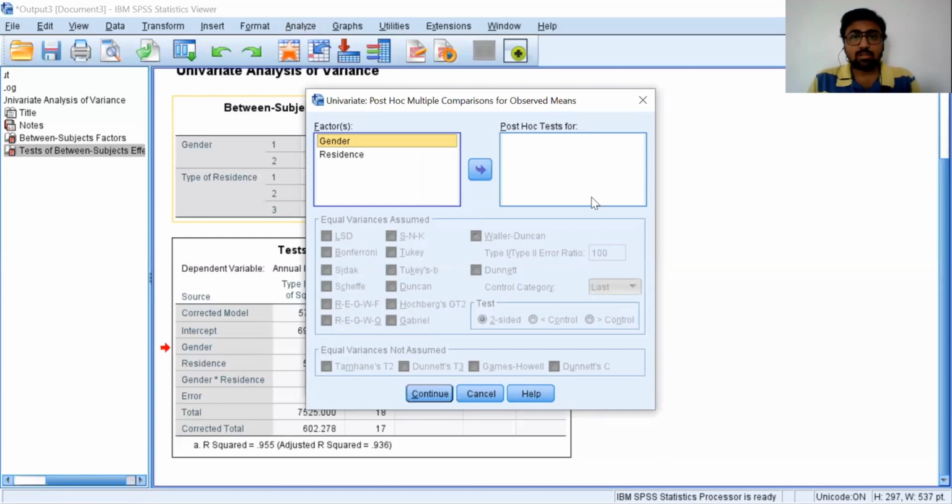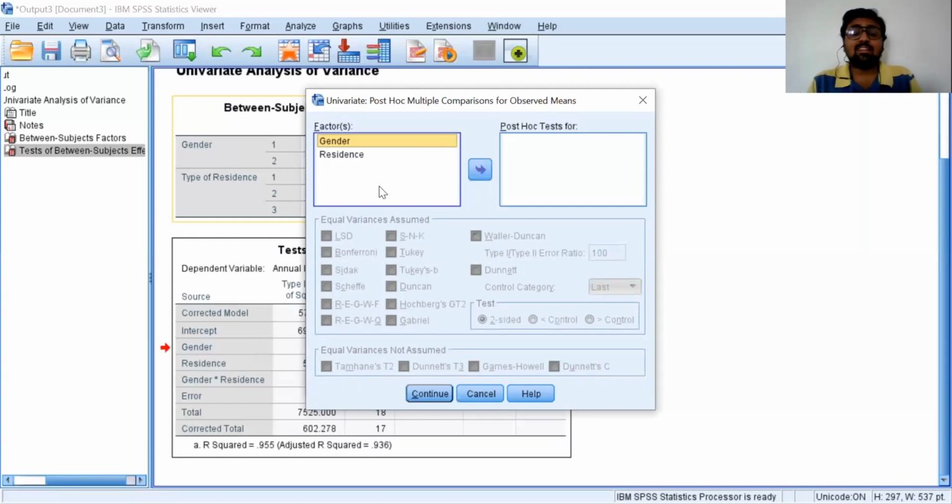Now this dialog box asks us for which variable we want to use the post hoc test. Since there is no significant difference between male and female, there is no reason to perform the post hoc for gender.